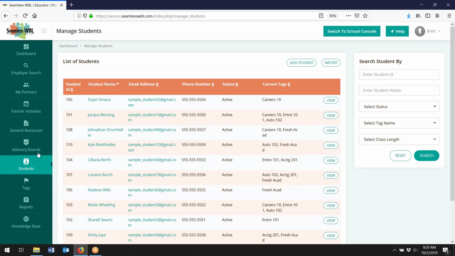What is the password for in the student area? The password is because we also have a student portal. So students will be able to log in, and actually I'll show you. All